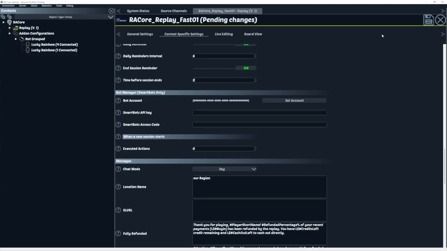Now, you also have in every contest, let me save that, the bot manager. We only support SmartBots. We do not support any other bot. If you have a Piku bot or something else, we do not support it. Period. End of story. Piku bot has not been supported by its own creators for years now. The only bot that is